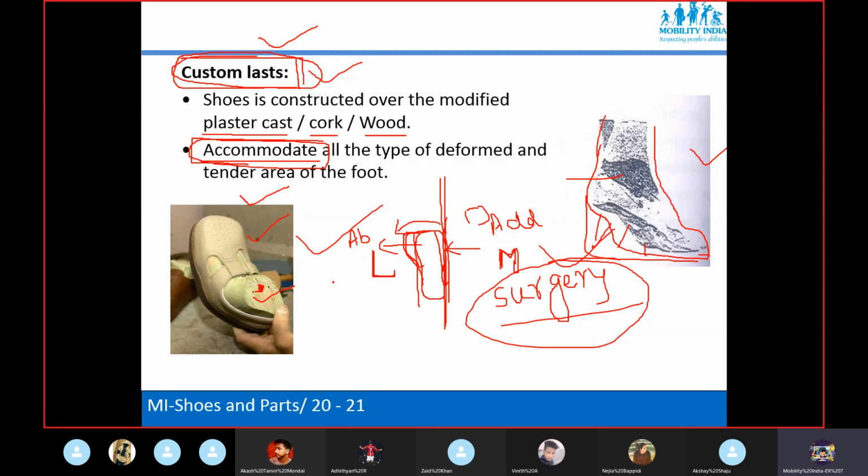Yes, sir. And then if a foot gets corrected, means the patient can wear different types of footwear based on their choice. But if this deformity is fixed, means only one choice, to go for custom made. Yes, they can't just buy from the shop and use it. Yes, they can't use it because it will not fit. Clear?